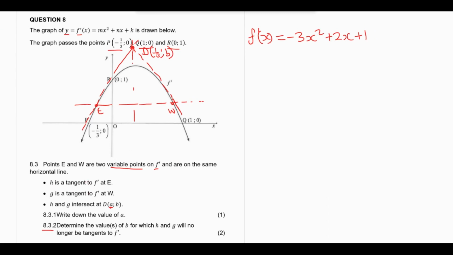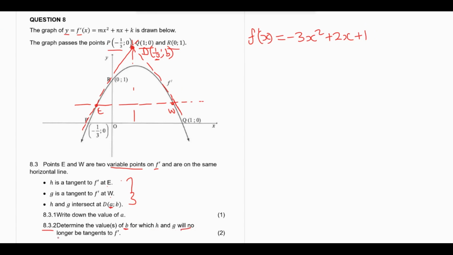H is the tangent of the derivative of f at E, then G is the tangent of the derivative of f at W. H and G intersect at D, so we've covered all these points. Write down the value of A. We've also done that. Now, it says, determine the values of B for which H and G will no longer